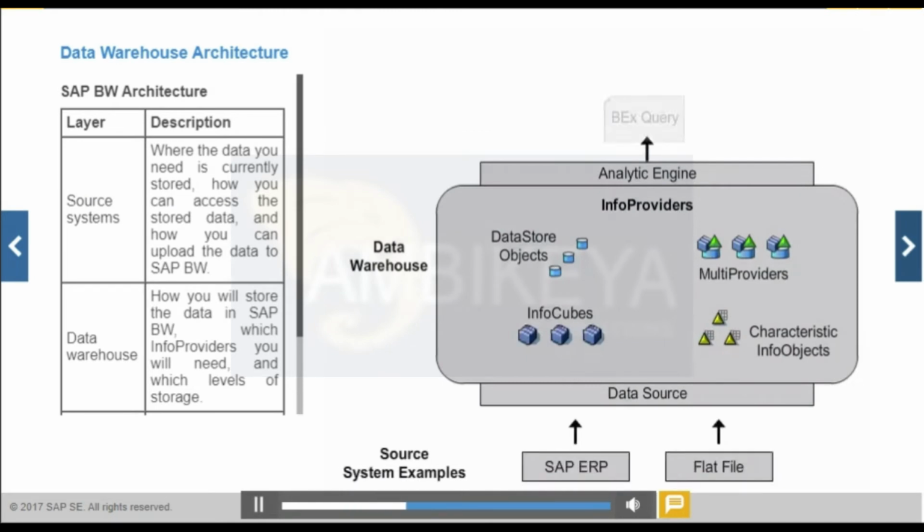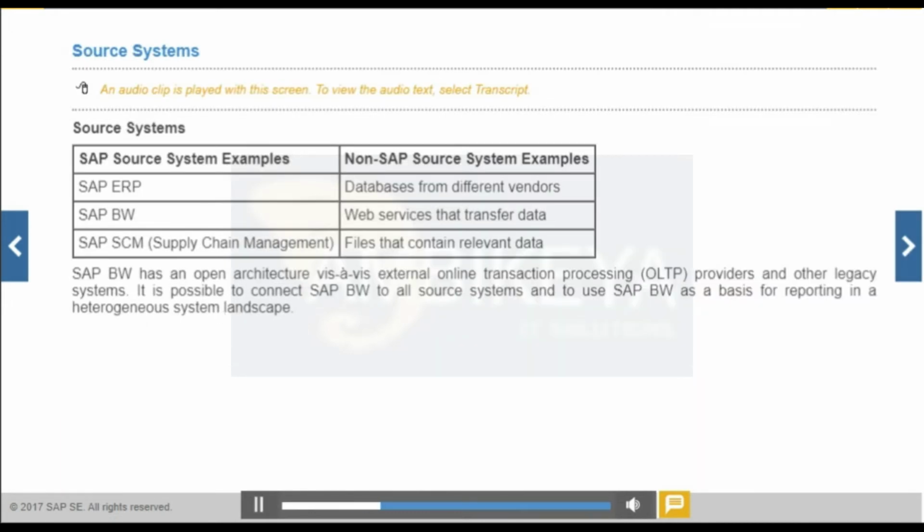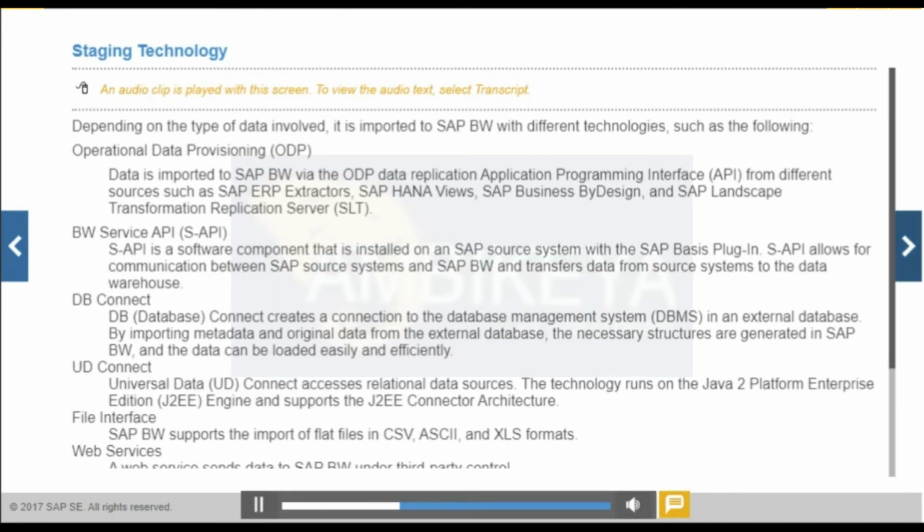SAP BW architecture is structured in 3 layers as outlined in the following table. The 3 layers are also illustrated in the figure. A source system provides SAP BW with data. There are different types of source systems. Depending on the type of data involved, it is imported to SAP BW with different technologies, such as the following: